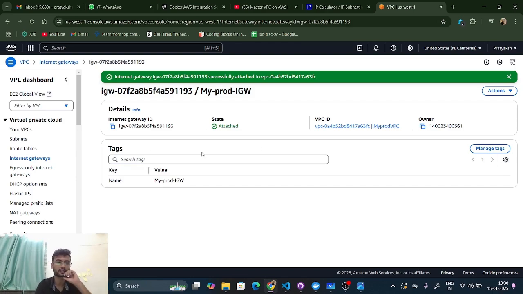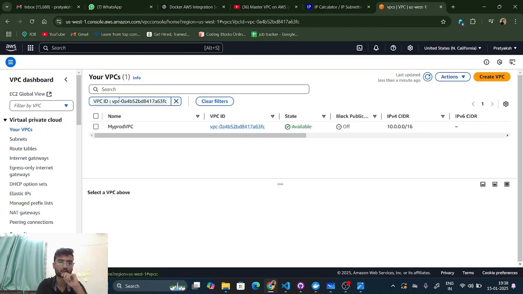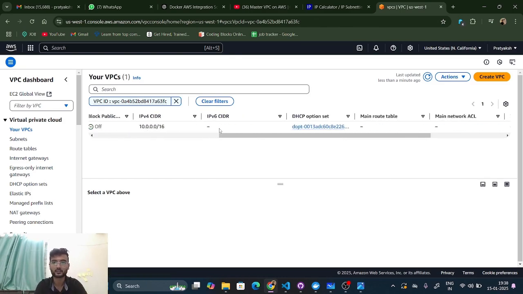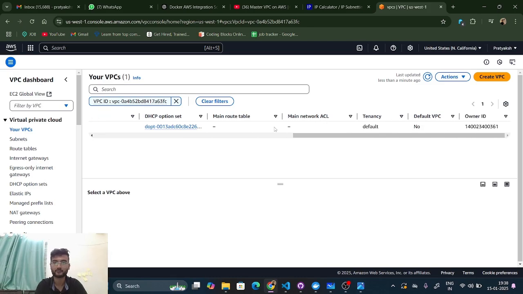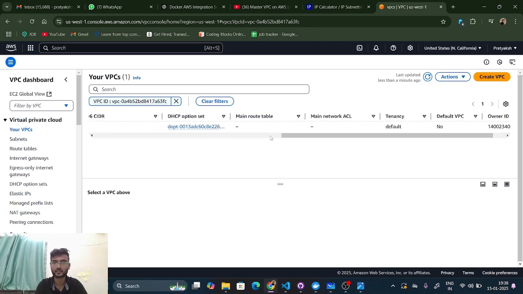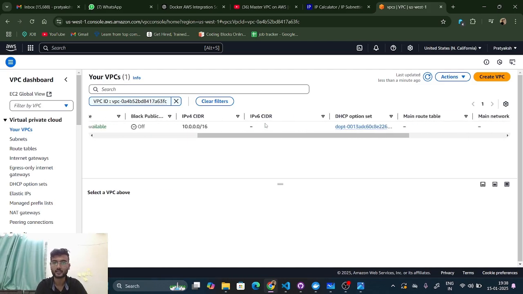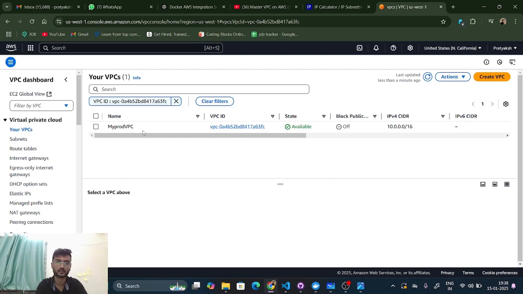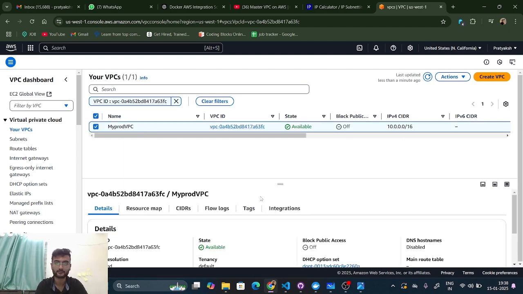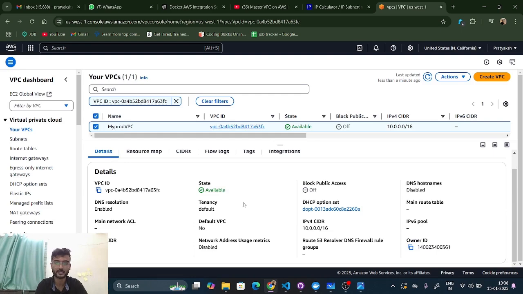So right now you could see in your VPC, you go to your VPC, and in this you could see your internet gateway is attached. There is no main route table or anything. Everything is being given now, and you select this, and you could see here the VPC ID is defined here, and then there is no route table that is being defined. This is the IPv4 CIDR range, and apart from that,